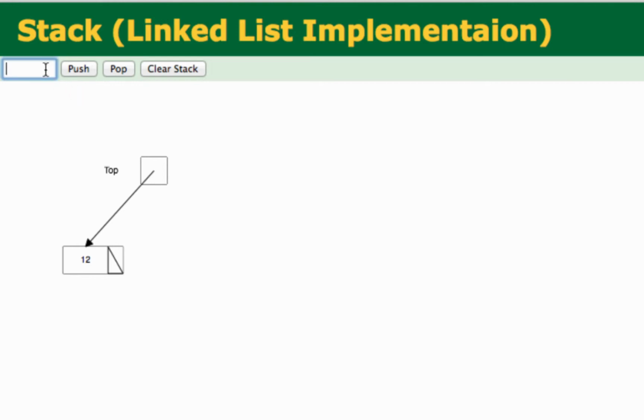So we would want to insert another value. Let's say I want to insert 15. So the first thing that gets created is a node with the value 15. You'd see here the node gets created with a value 15. Now how do I insert 15 into this stack?